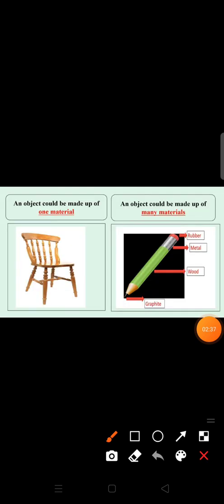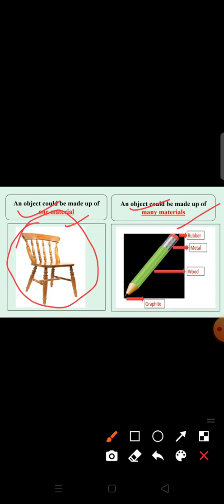I have already told you that an object could be made up of one material or of many materials. So let's take a few examples. This is a chair and it is made of wood, so it is made up of only one material, that is wood.